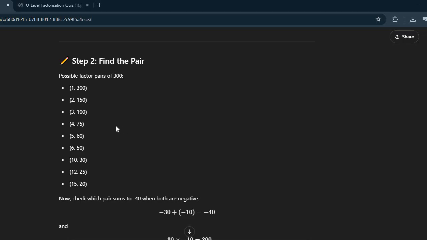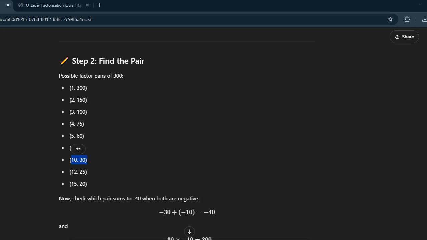Now remember, since you have a negative sign in the center, you have to take those factors negative so that when you add them up you get the right sum. In this way you can find the factors. Now check with the sum minus 40. Whose sum is minus 40? You can see that it is minus 30 and minus 10. If you take both factors negative, you will get minus 40,